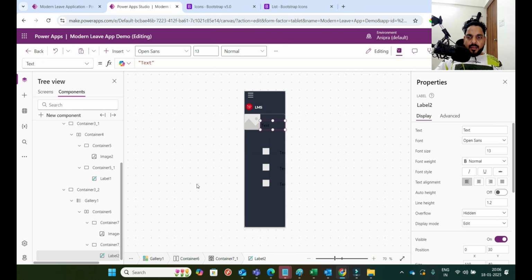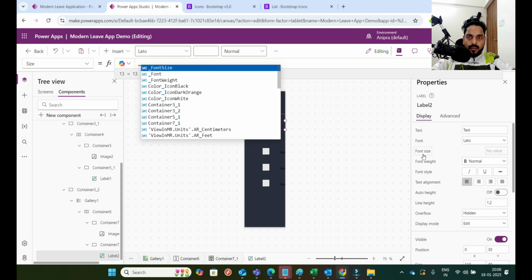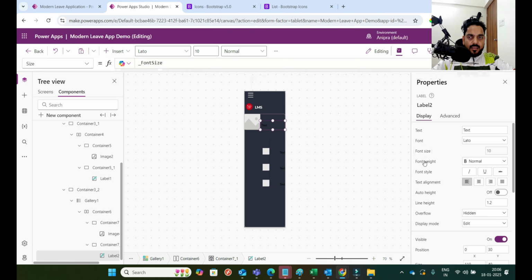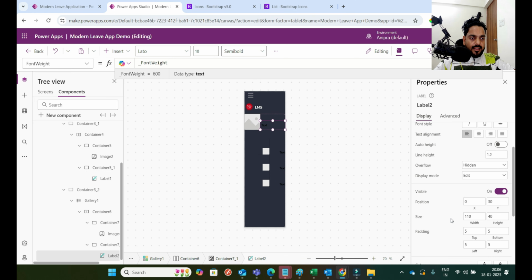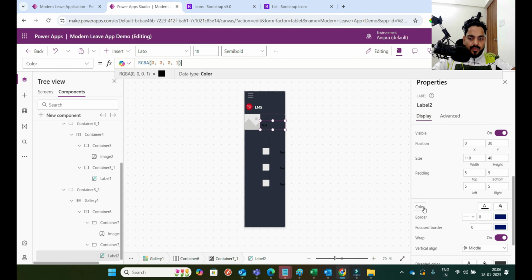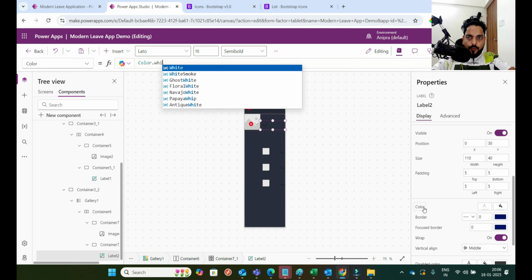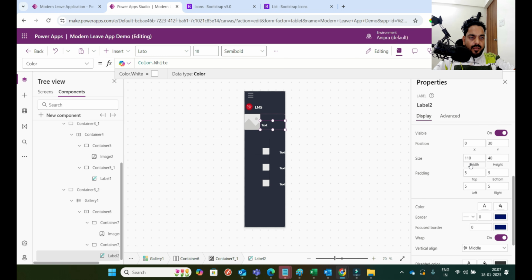Okay, so now this label I'll make it font, font size, weight. Okay, and the color I'll make it color.white, parent.width, parent.height, y equals to 0. Okay,